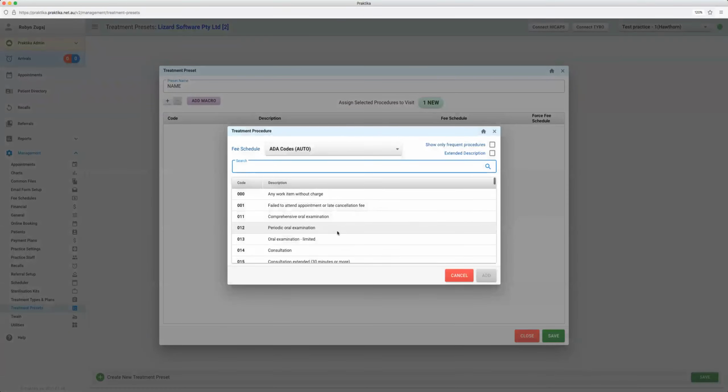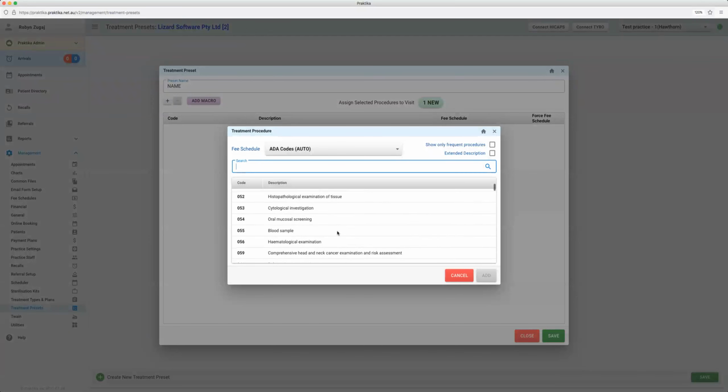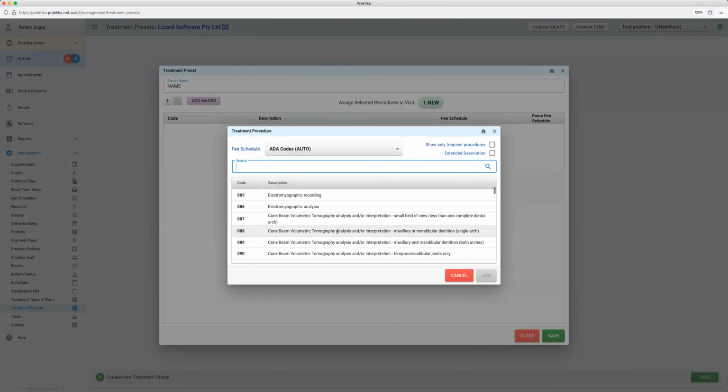This is going to bring up all of the item codes that we've got, and you can enter them in one by one and just create your treatment preset. As a default, the fee schedule listed here is called ADA Codes Auto. This is not one of your fee schedules. This is our generic selection that we've got in place, which basically means that you can just enter in the